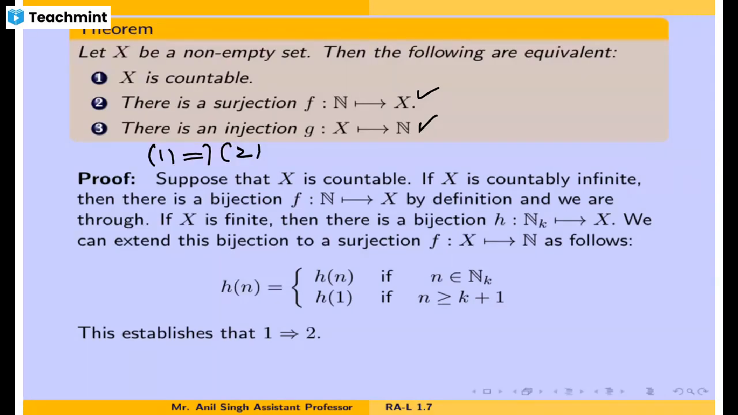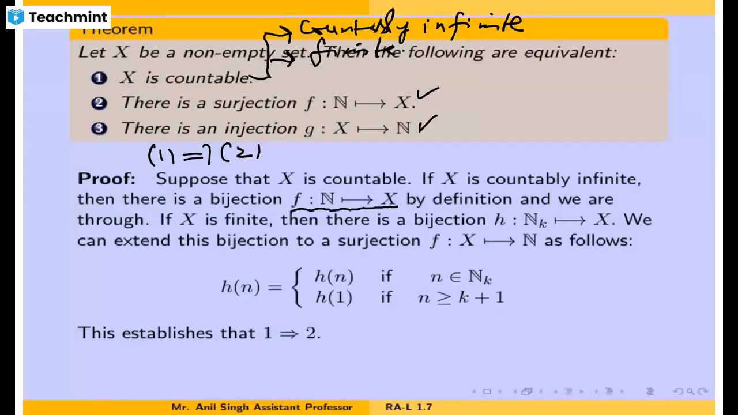We suppose X is a countable set, and according to the definition of a countable set, it is either countably infinite, or it is finite. So begin with the first. If it is countably infinite, then it is equivalent to the set of natural numbers, and so there is a bijection, which is by definition a surjection. So in case of finite, we will always